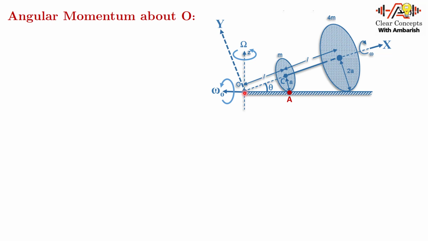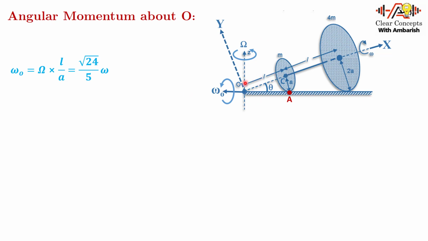Okay, so now what is the angular momentum about O, if I know the principal axis moments? Of course, omega naught I know. Omega naught I found in the previous slide, root 24 by 5 omega. But I need to find the components of omega naught along the x axis and the y axis. Obviously along the z axis the omega naught component is 0, because it's in the xy plane only.